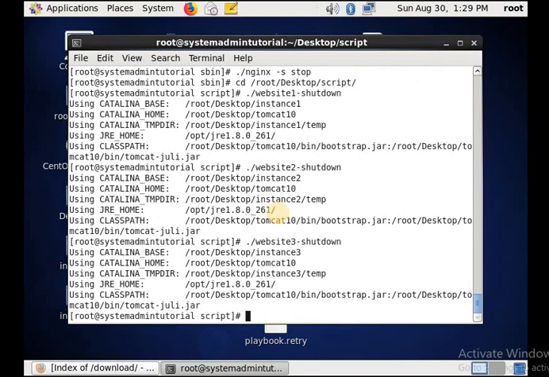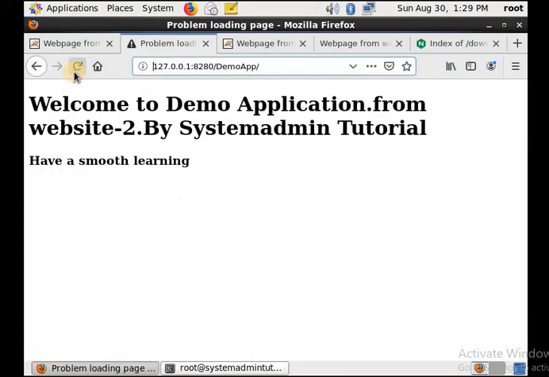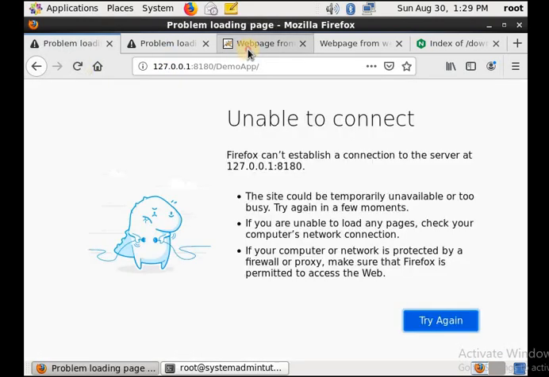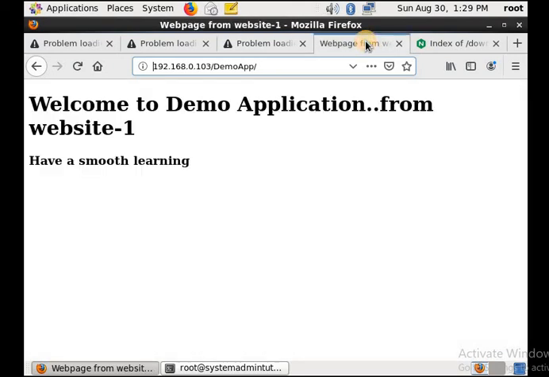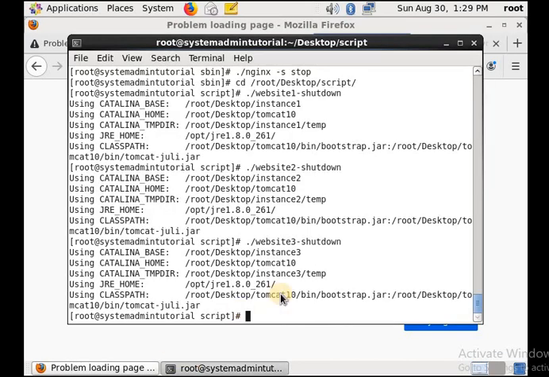All of these are shut down. Let's check whether the website is still working or not. I'm getting the error because I have already shut down the server. It is not running on the port number, and Nginx is also not working. So we'll start the service once again.